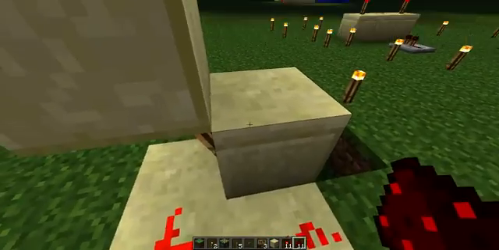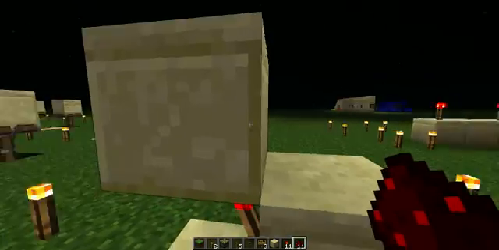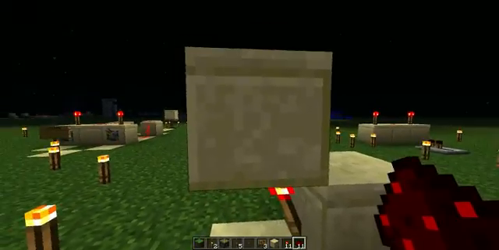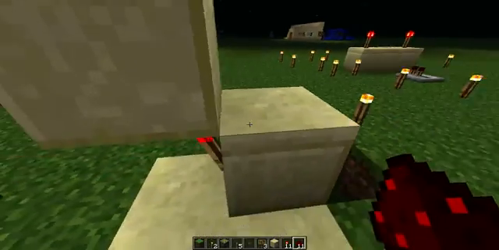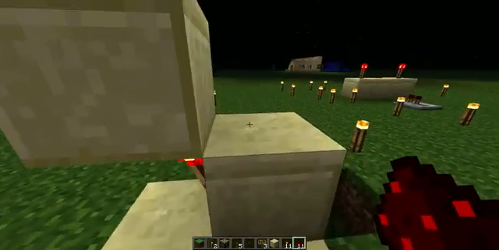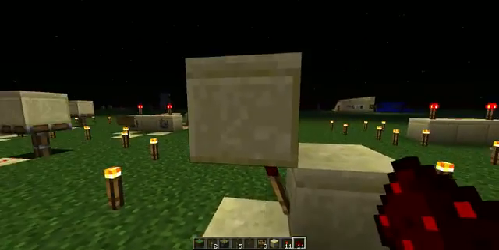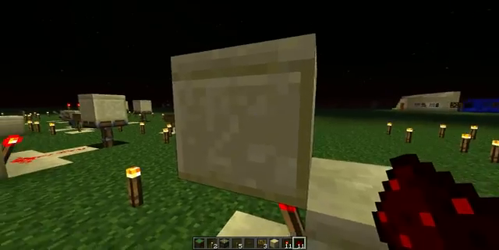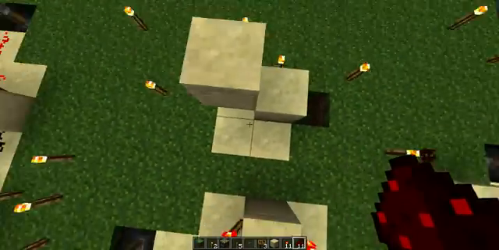The way this goes is if I put some redstone dust there, you should see what happens. This torch powers this, and then this power can be transferred into that redstone dust. That redstone dust takes the power from that block and sends it down to this thing. So now you have it on and off. See, because when that powers this, this is on, sending power to this, which turns this thing off, turning that no more into that, goes off, and then so on and so on. It's like a clock, but